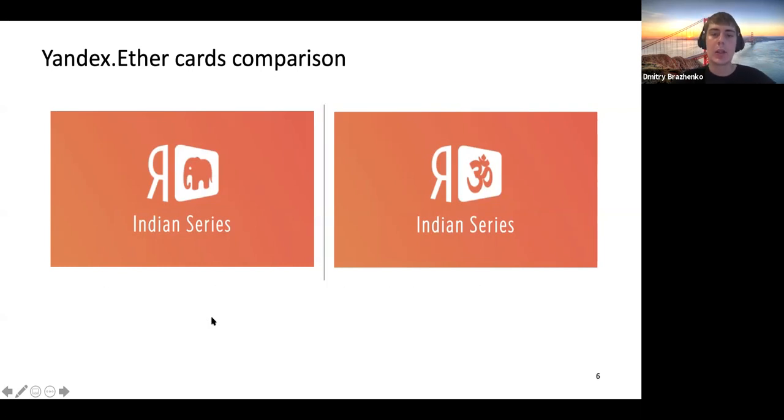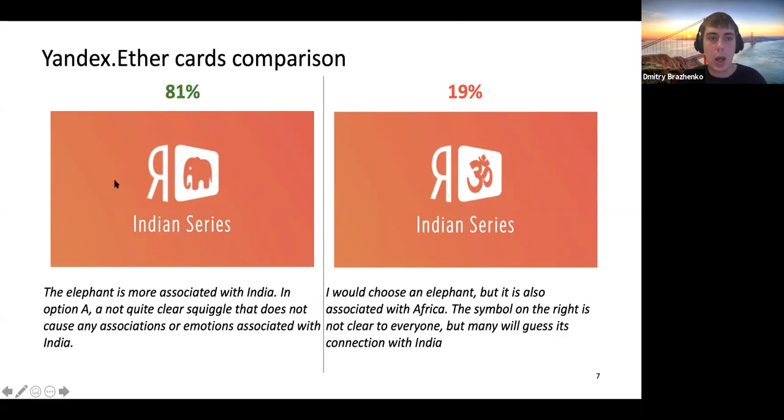And of course, in real world, we have tens of such comparison tasks, and we can launch them on Yandex.Toloka. And also, I launched this particular task on Yandex.Toloka before our meeting. And let's view results. When I launched it in Yandex.Toloka, the left card with an elephant won,